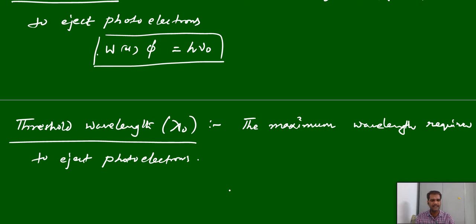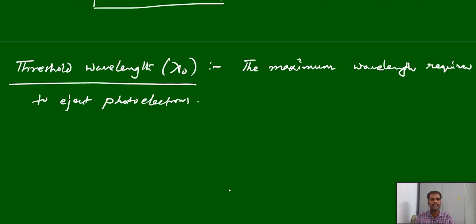Now if you see the periodic table, out of all elements, the alkali metals, the first A group elements, lithium, sodium, potassium, rubidium, cesium, have low ionization potential values, meaning we can easily remove the electron from the valence shell. So for such elements the work function is very low. Their photoelectric effect can take place very easily by supplying a minimum amount of energy.